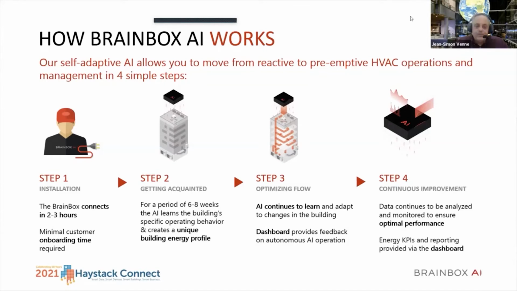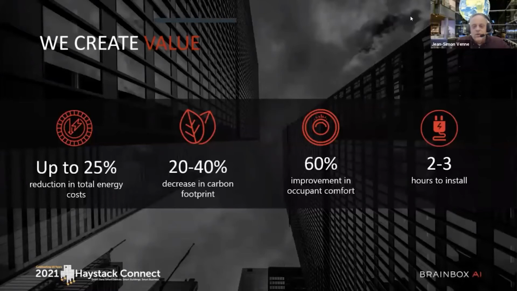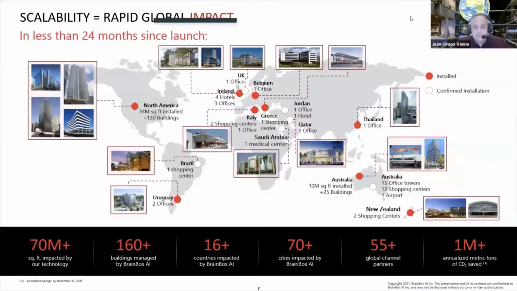And that is usually giving us on average up to 25% energy reduction, decreasing the footprint in terms of carbon emission, depending on how dirty the kilowatt hour you're using. Whether it is dirtier or cleaner, you're going to move between 20 and 40% decrease on that footprint. We usually eliminate more than half of the a bit too hot, a bit too cold events, increasing the comfort of the occupant. And as I mentioned, the install is quite rapid.